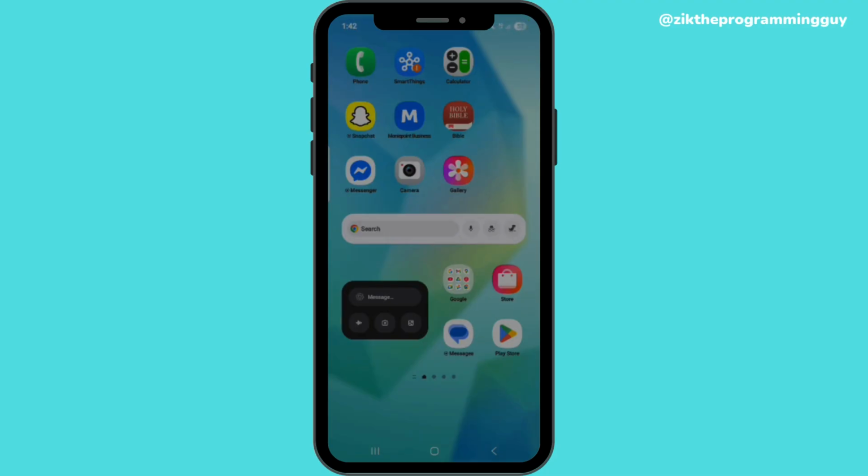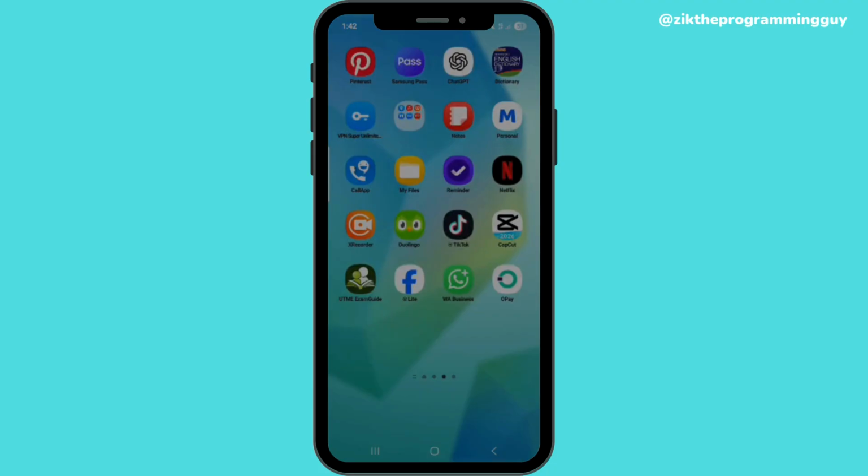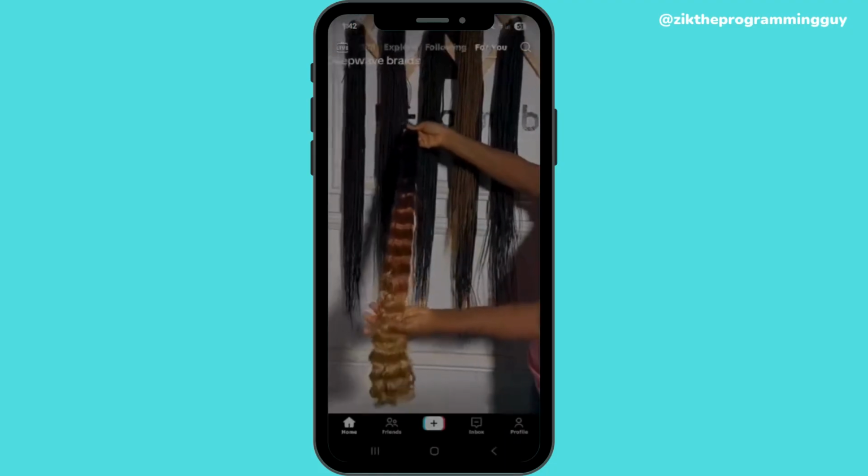My name is Beachways, and in today's video I'll be showing you how to fix can't change date of birth on TikTok. Right, so if you are trying to change your birthday on TikTok but it has been failing, you